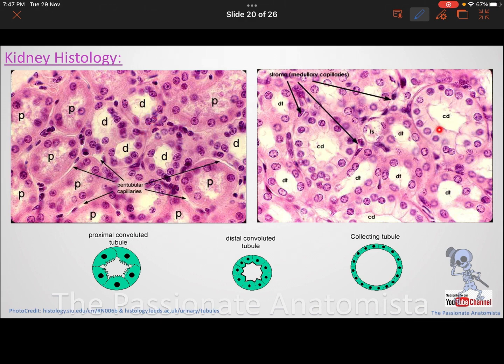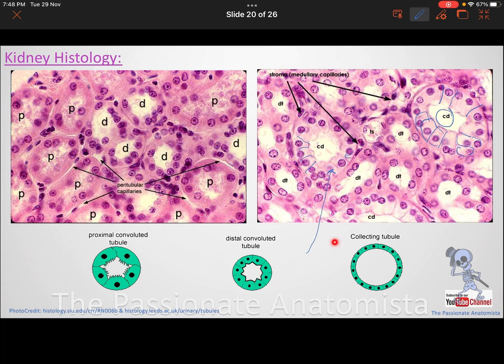Now, what about the collecting duct? Look, you guys, at the basolateral foldings. Can you see the borders of the cells? It's as if it's a cell next to a cell, next to a cell. Can you see the lines between the cells? These are all lines. That gives me a hint that this is a collecting duct, not a distal convoluted tubule. These are all the lines between your cells. It means this is basically your collecting